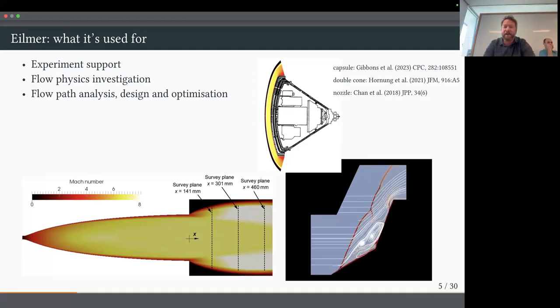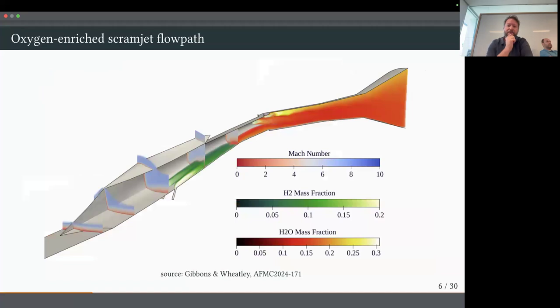This is a simulation of the Fire 2 capsule, a demonstration of our 2 temperature, 11 species modeling that allows us to work in the real high enthalpy flows. Some other things we've done recently,